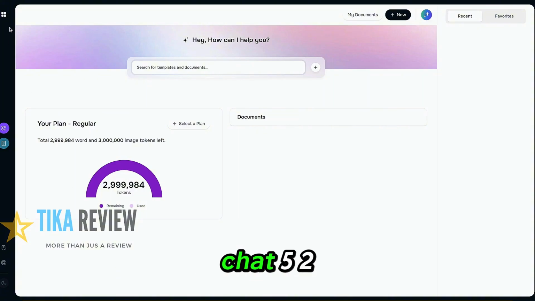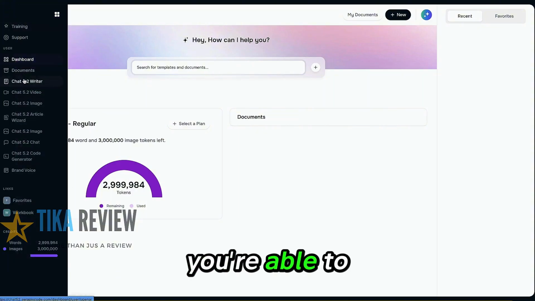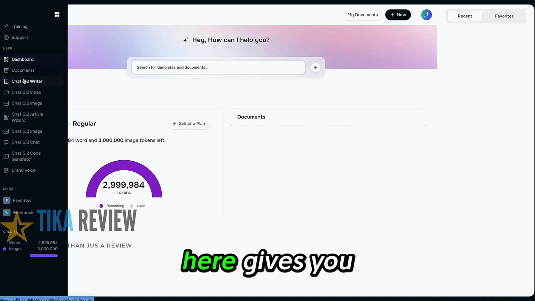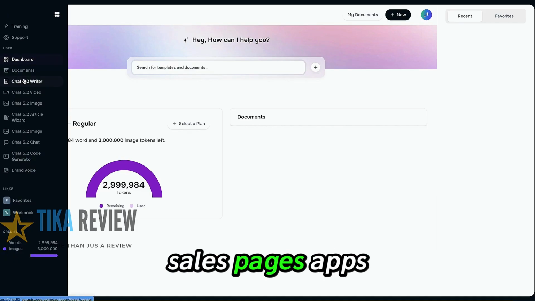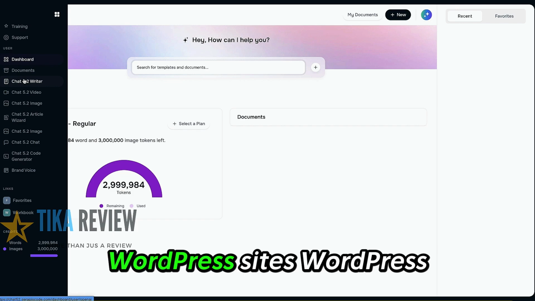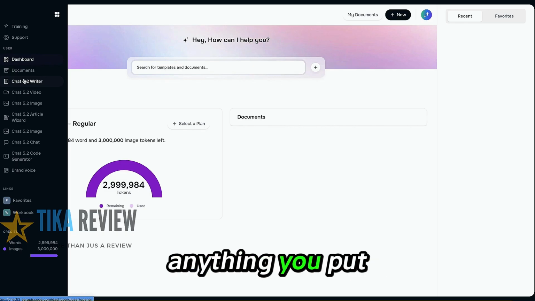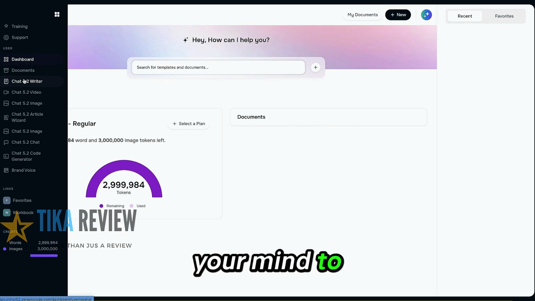As soon as you get into Chat5.5 AI, you're able to see all of the modules that you have access to, and everything in here gives you access to write sales pages, apps, WordPress sites, WordPress applications, software, anything you put your mind to. Now, what we've written our sales page with that you are just on right now is